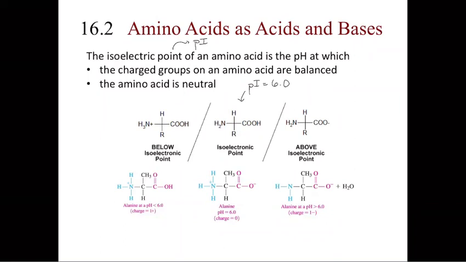So what does that mean? Like I said, isoelectric point can be calculated, but in this class, we're not going to do it. Here, we just are going to visualize, if I know the isoelectric point and I know the pH value, what my amino acid is going to look like. So, because the isoelectric point for many non-polar and polar amino acids is 6, what that means is that if you put that amino acid at pH 6,